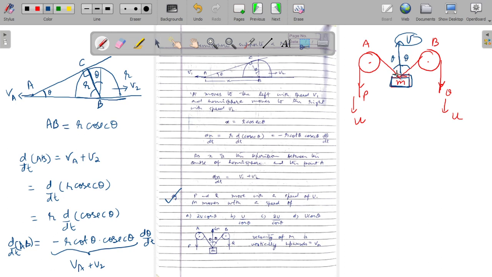So we'd say that velocity of all the points on the string have to be the same component along the string. So the component of the velocity of that point along the string would be v cos theta, and that v cos theta should be equal to the velocities of points on the string along the string, which is u. So we would say that v is equal to u by cos theta. So this solves this particular question. So the option B would be right. Next.